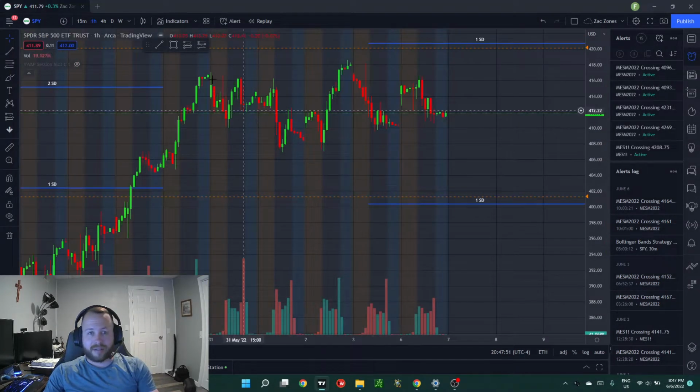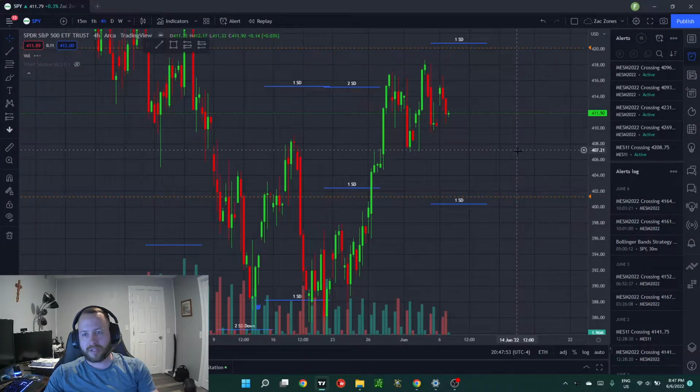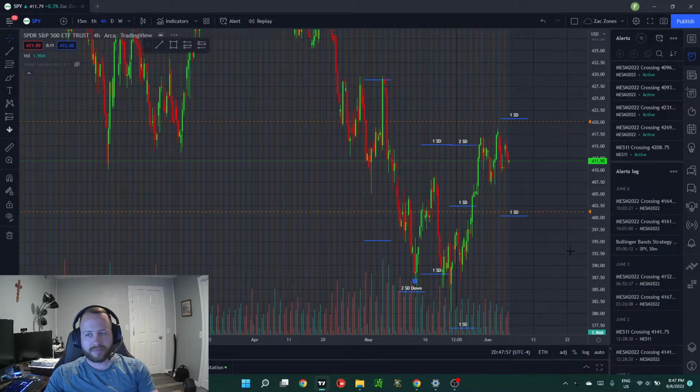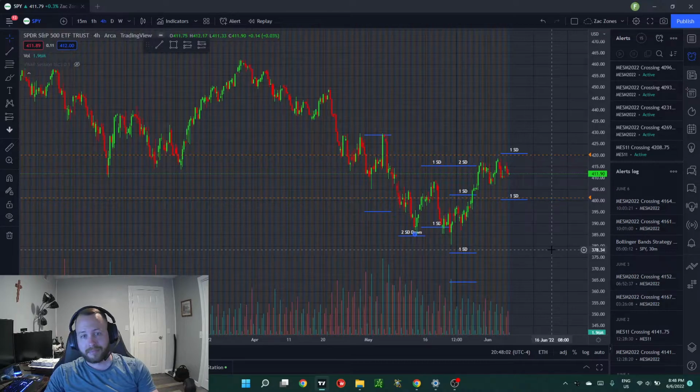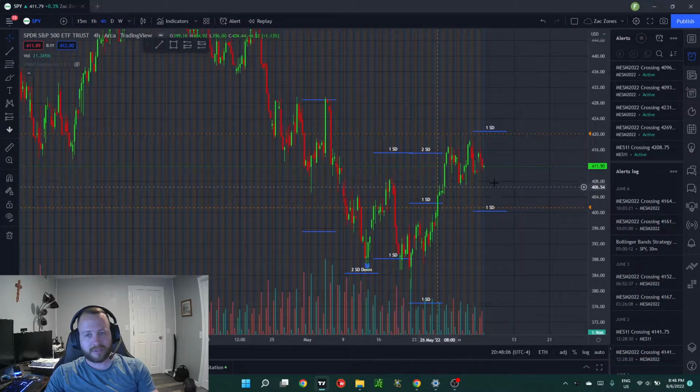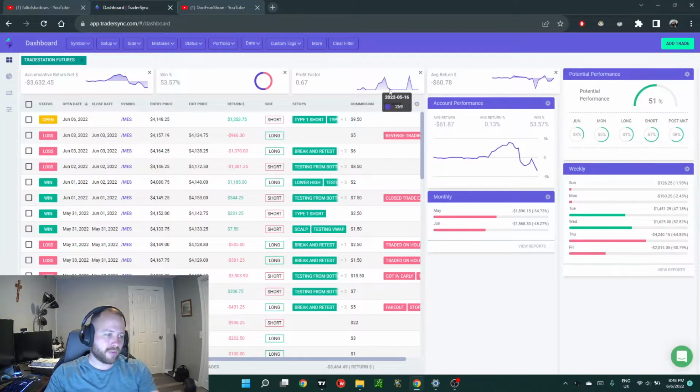Other than that, we're still kind of stuck between two standard deviations doing a whole lot of nothing. It looks like it's thinking about being bullish, but at the same time, we've seen this before. So that's all I've got. We're going to see where it goes tomorrow. I'm already in a trade, so I'll just be looking for a long entry if we do end up tagging